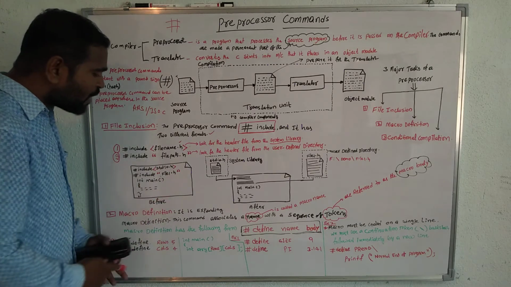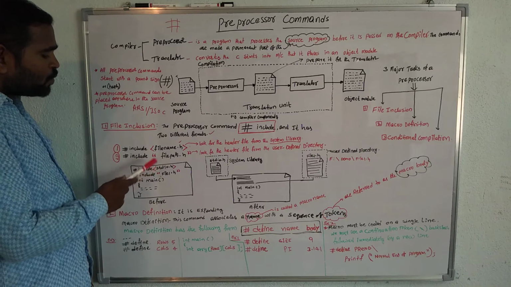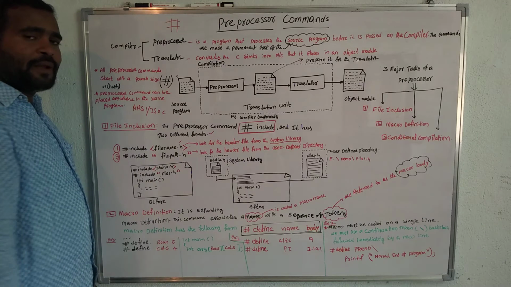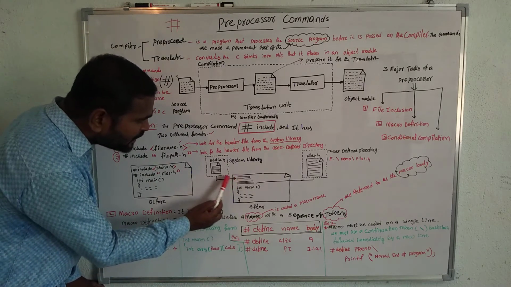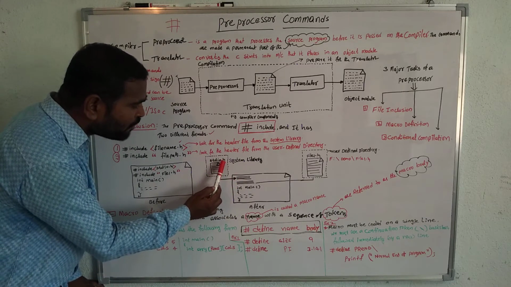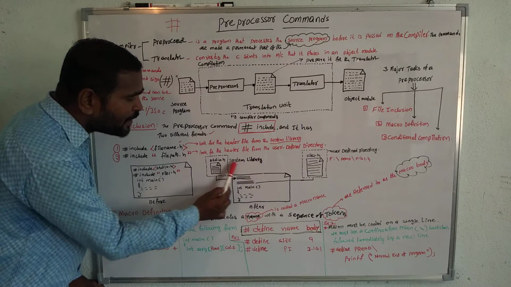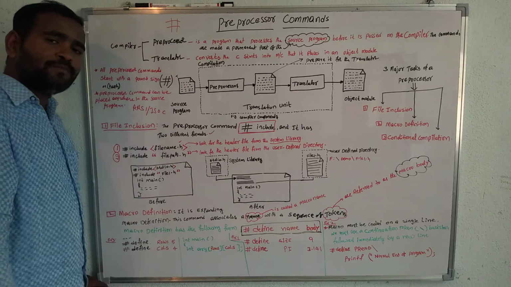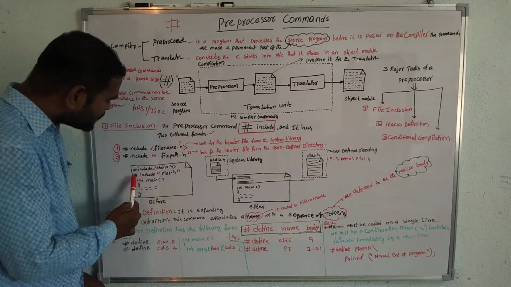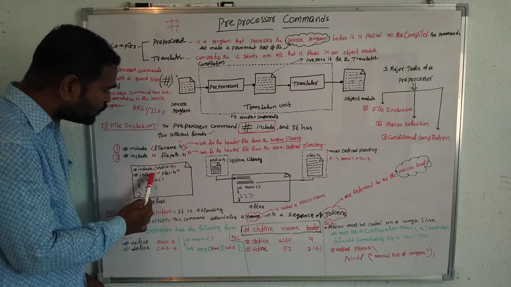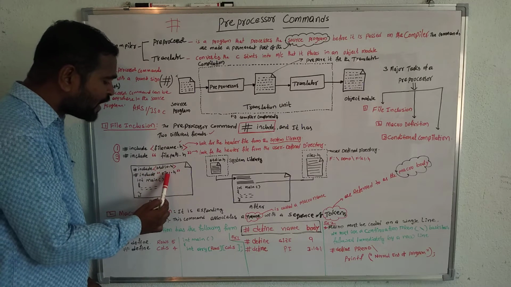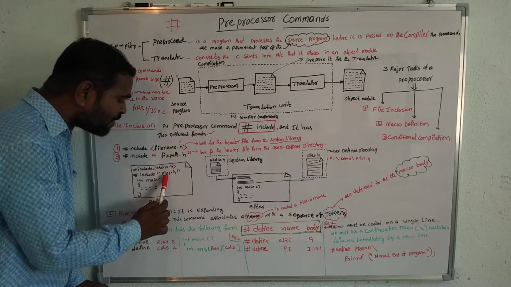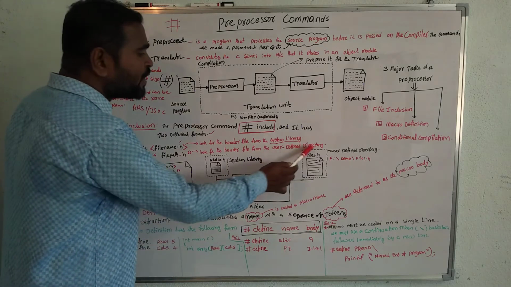File1.h. In this case, for the angle brackets, the preprocessor searches or looks for the header file in the system library. That is why the stdio.h file is found in that system library location. The next statement, the second statement, is hash include within double quotation marks. Here we have file1.h. This file is available in the user defined directory.